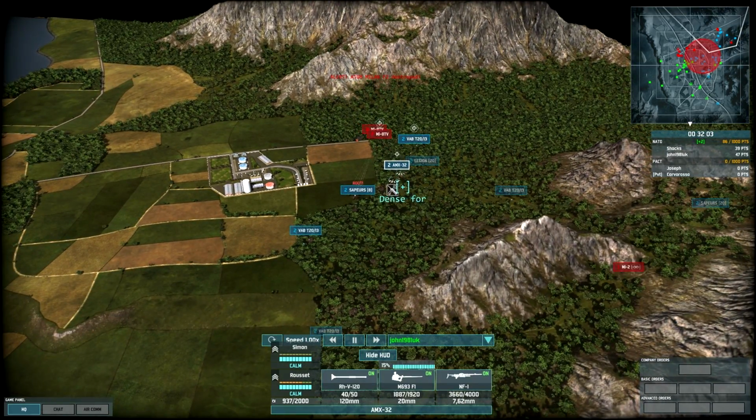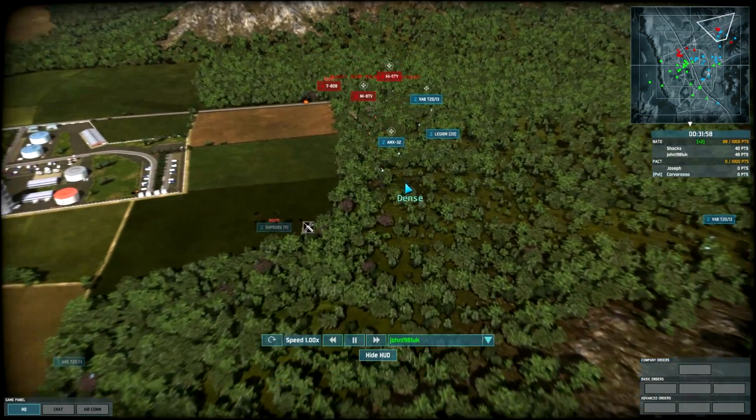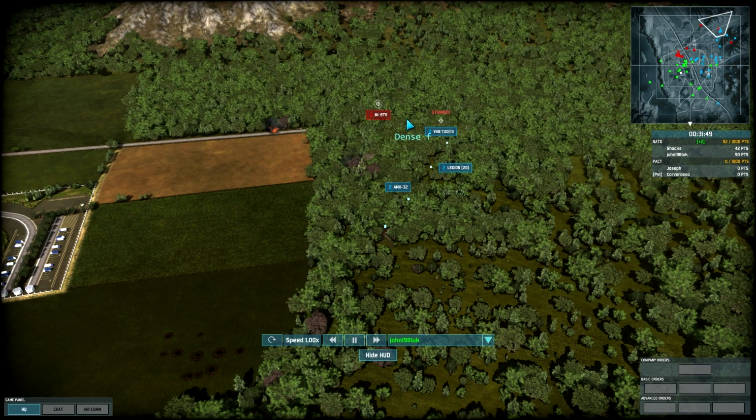And one thing about my deck, or this deck in particular, is I don't have any Mistrals, which I only realised at the start of the game. So that was my bad. But his bad was sending his helicopters over the forests. Now,